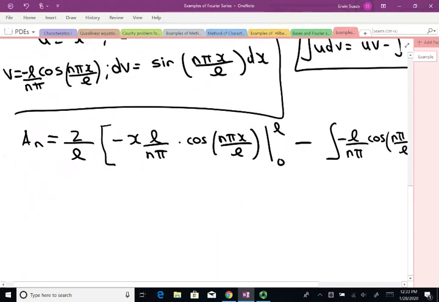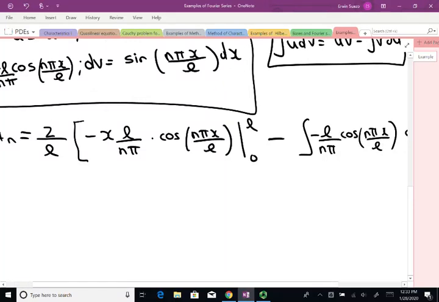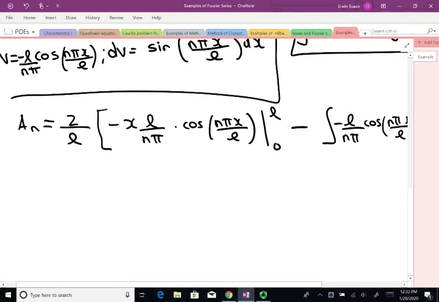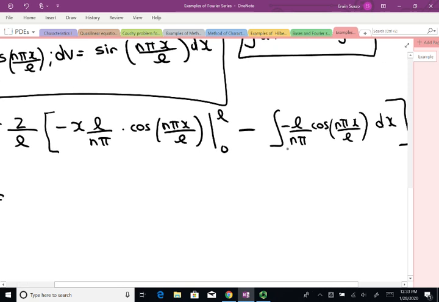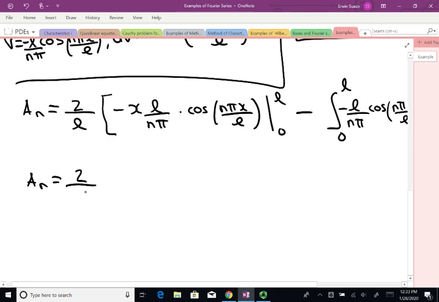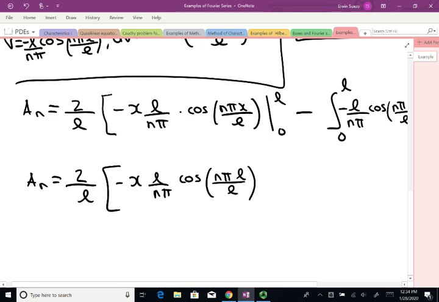Okay, so I get, and all this is multiplied by 2 over L. So I get a_n equals... sorry, this is between 0 and L, right? So let's replace this guy, 2 over L. If I replace L, notice what happens: minus x L over n pi times cosine n pi L over L, and then minus, so that will be